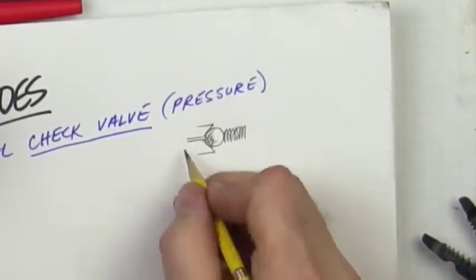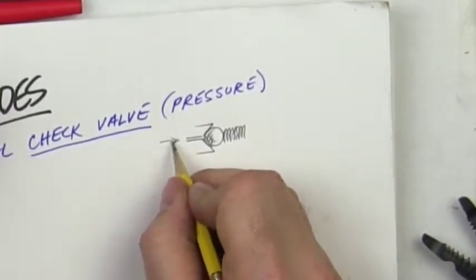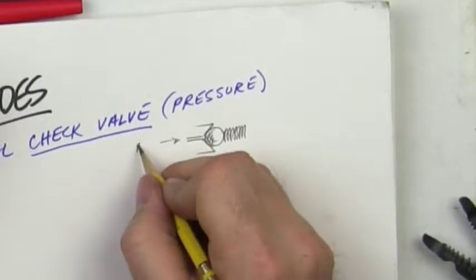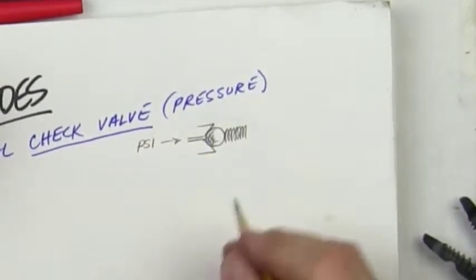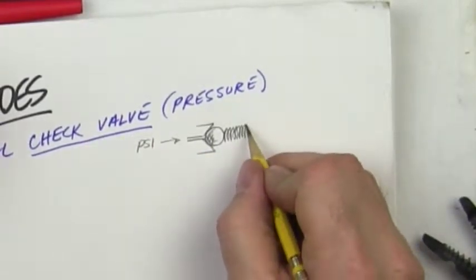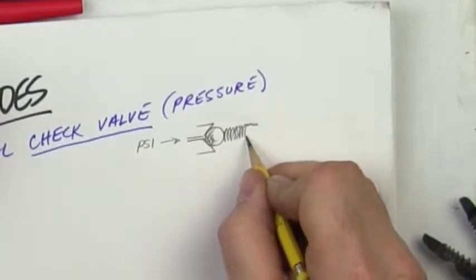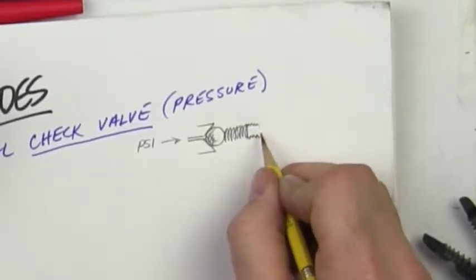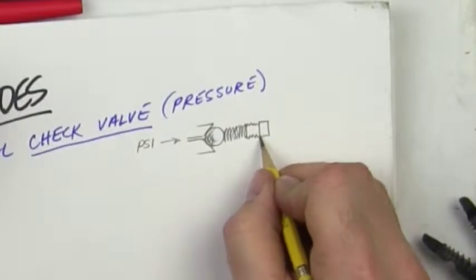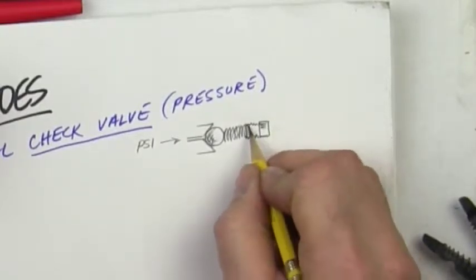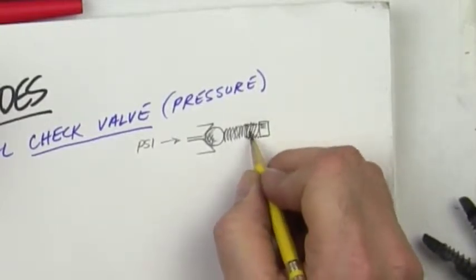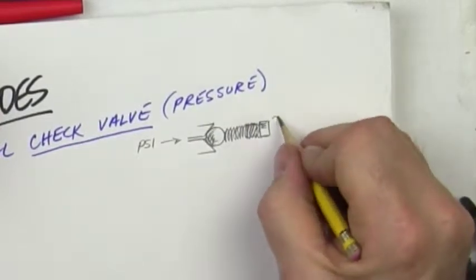What happens is that the fluid comes in here, but that's under pressure. And then we have a threaded oil pressure adjustment here, right? And as we screw that in,